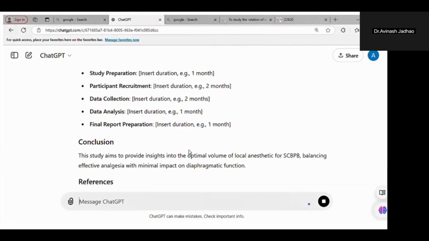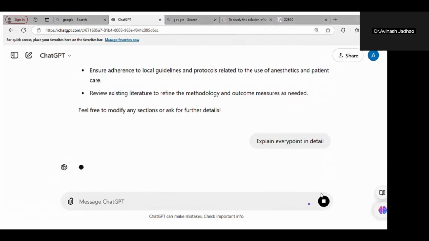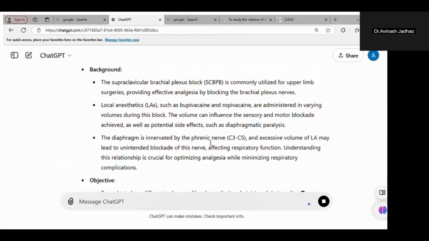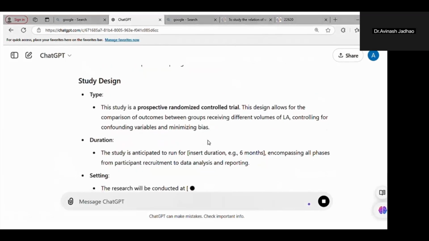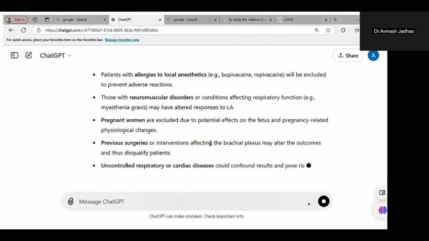This is the basic skeleton which is required for your ethics committee approval. ChatGPT will provide it. Now again, we will say explain every point, whatever thing you want. You can write here, explain every point in detail. ChatGPT will write everything in big detail. Suppose sometimes you want inclusion criteria or exclusion criteria to be explained.